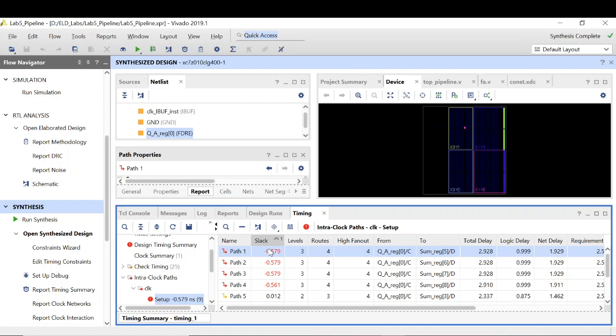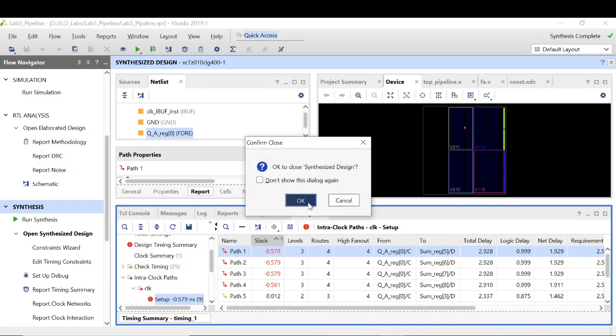So the synchronicity is disturbed. There are two methods to fix that. The first is to increase the clock period, right? Because if I give an ample clock period to this design, it will work fine. And the second is to somehow reduce the critical path delay. In this design we are not doing any pipelining, we are not inserting any cut sets, so I will just change the constraint on the timing period of the clock, and we'll see the difference.